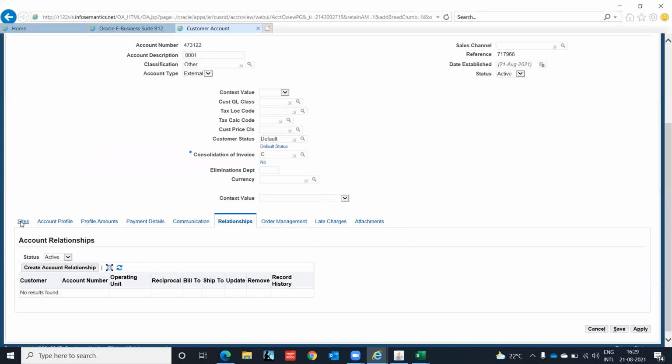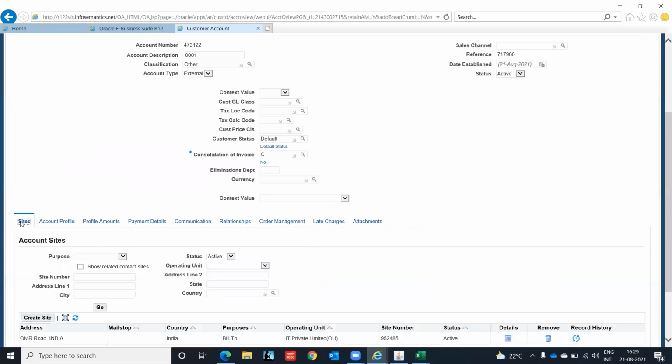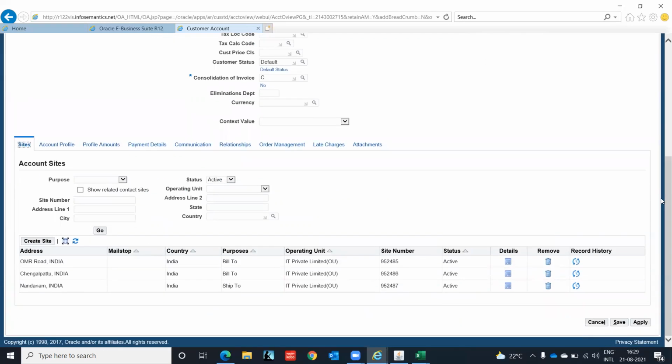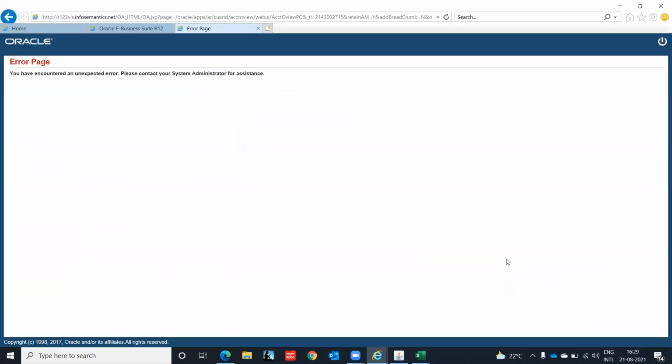So now we are going to the site. Under the site, we have two: bill to site, one ship to site. If you go to the details, OMR